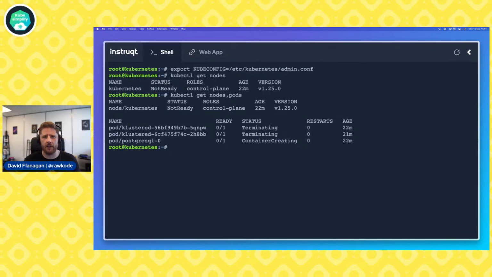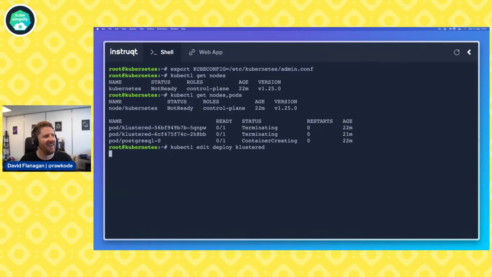Things aren't working. Now, I said there was a mission for all of these sessions. The mission is the same for every single one. If you run kubectl edit deployment clustered, this will allow you to make modifications to the clustered deployment.